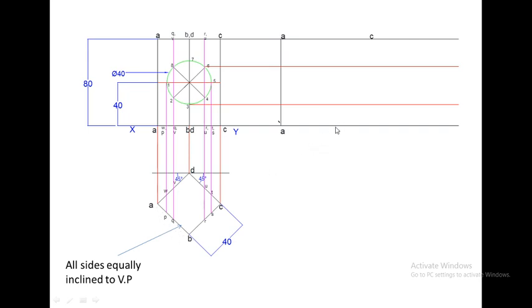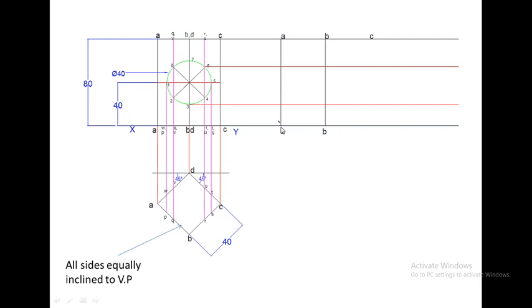So for marking the vertical edge B, take the distance on rounder from A to B. That is the length of the side AB. Place your rounder at point A and cut an arc in front of it and name it as B. After that, draw the vertical edge passing through B and name it as BB. Now the next point is C.